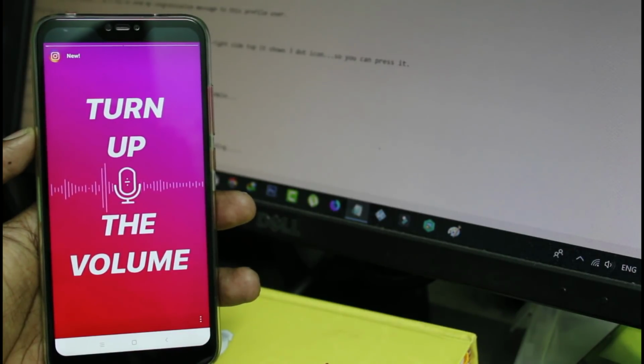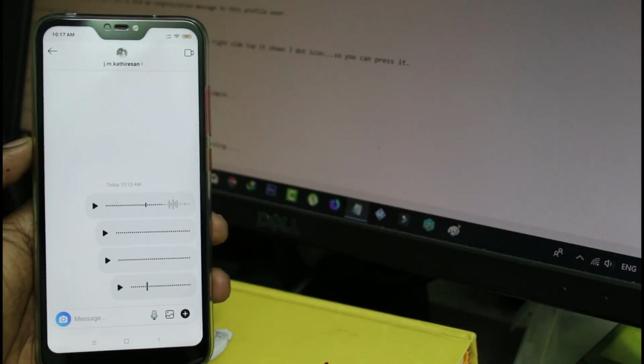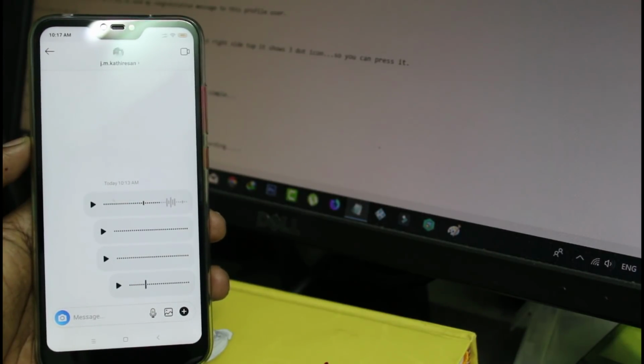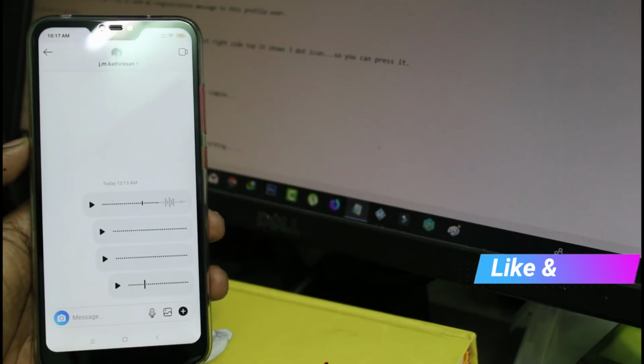So today Instagram has launched its new update, and the feature is called voice message. But this feature is also available in WhatsApp Messenger and Facebook Messenger applications. Yesterday this feature also came to the Instagram application, and nowadays lots of people are spending their time with this